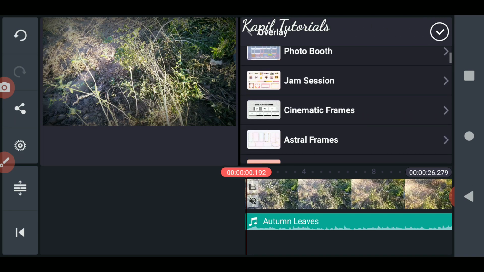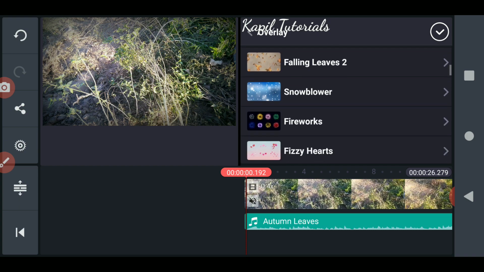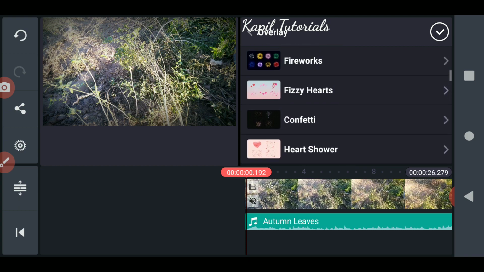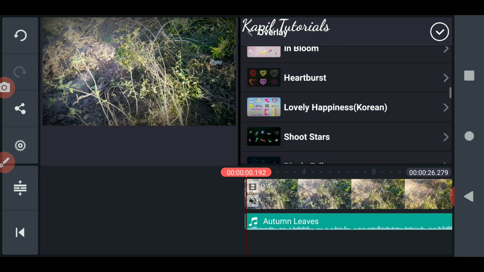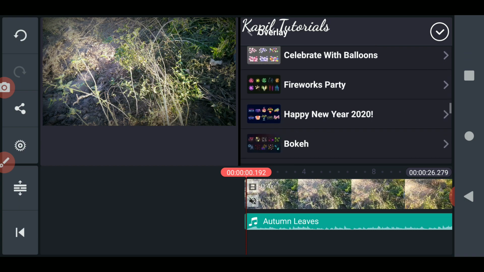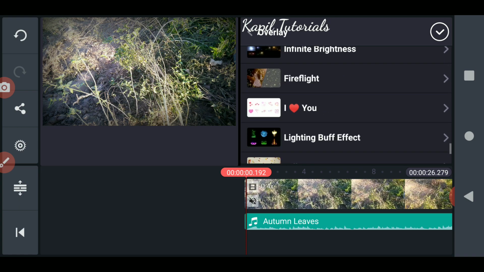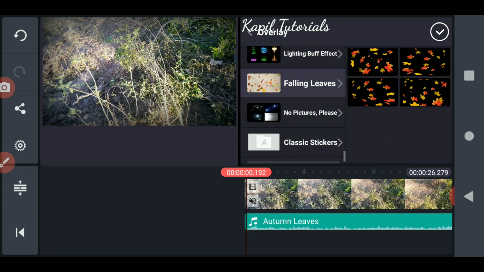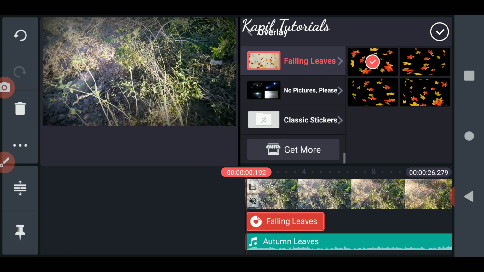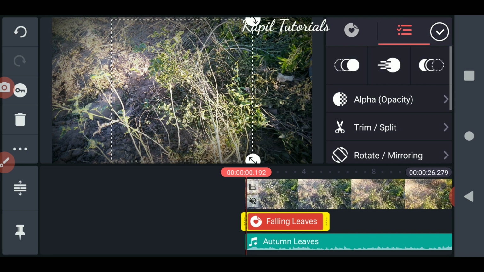Okay, so plenty of effects I have already downloaded. So let's see. I'm just searching what kind of effect I can use. Plenty of effects are there. Falling leaf, which I like the most. I'm using it also in my videos. I click on this. Now if I want to increase the size, that also I'll teach you.